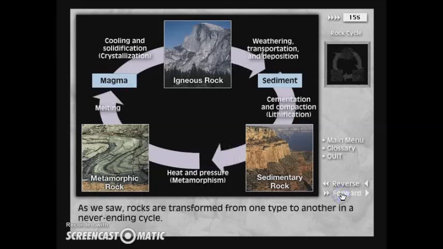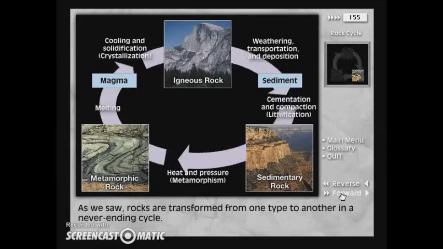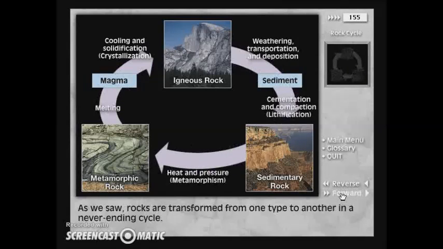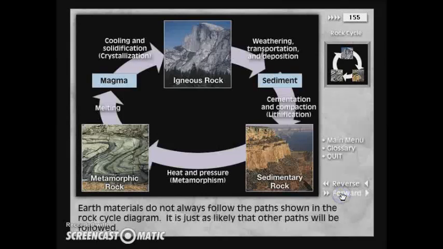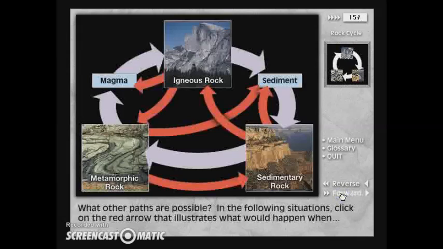As we saw, rocks are transformed from one type to another in a never-ending cycle. Earth materials do not always follow the paths shown in the rock cycle diagram. It is just as likely that other paths will be followed. What other paths are possible? In the following situations, click on the red arrow that illustrates what would happen when